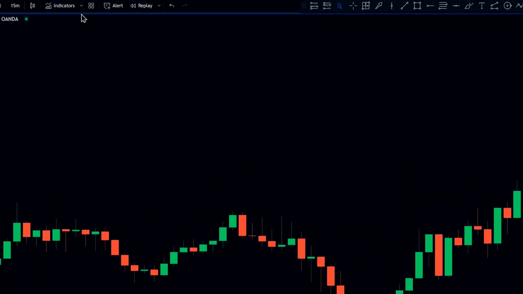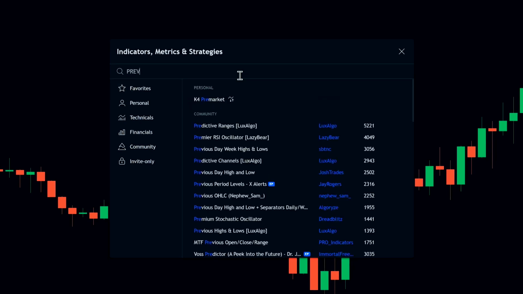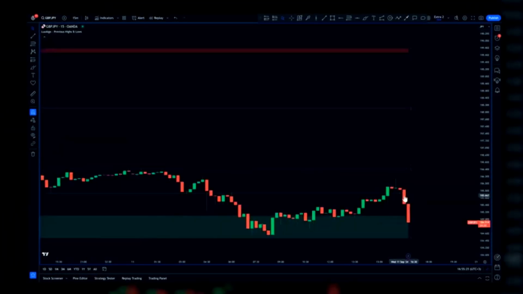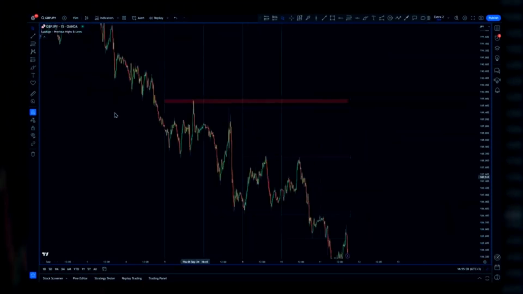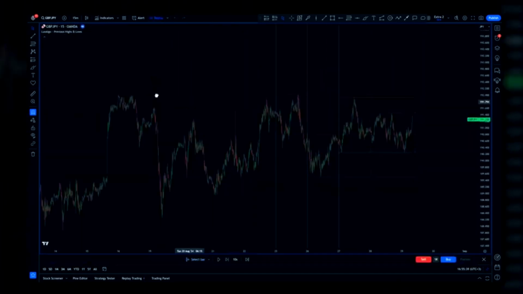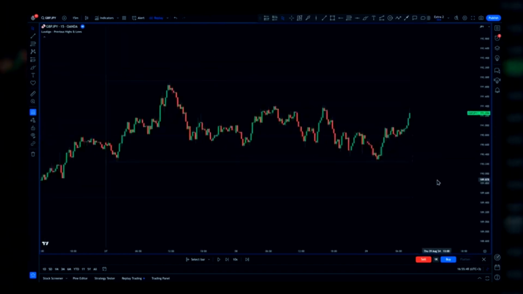Let's add the indicator. Click on the Indicators tab in TradingView, then type Previous Highs and Lows in the search bar. You'll see the version created by LuxAlgo, select that one. This tool is designed to automatically mark the highs and lows of previous price sessions within a time frame that you can customize. These levels are crucial in technical analysis because they often act as zones where prices may react,